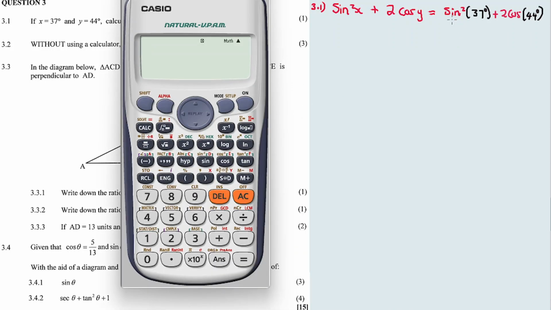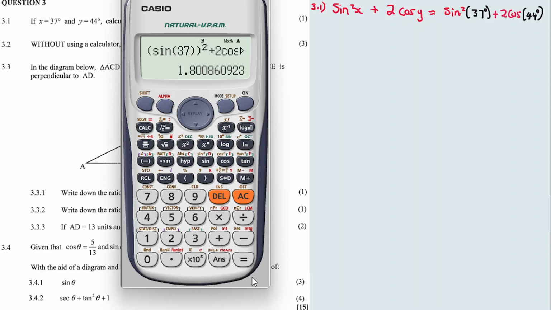Okay, the squared ku trigonometry umshaya so uvula ibracket icala uthi sine 37 degrees, uvale ibracket ubuye uvale le bracket olivulile futhi, right? Then uthi squared, since lo squared uyabona kuphi sine squared bracket 37 degrees, lo squared awukhona ukumshaya la, but ukhona ukumshaya after punching in usine wakho. So every time ufuna ukushaya usquared umshaya kanje ke trigonometry, plus 2 cos 44 degrees uvale bracket uthi equal to,